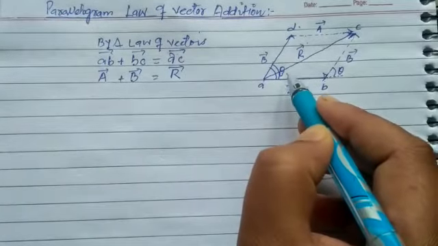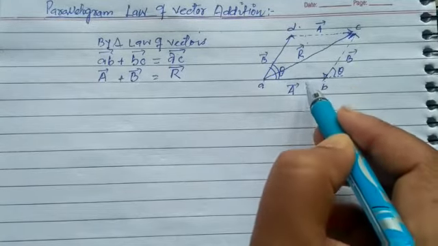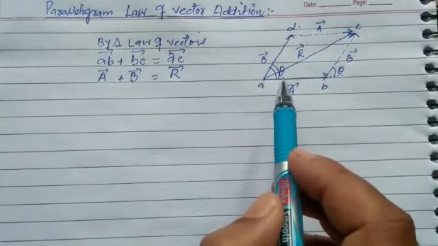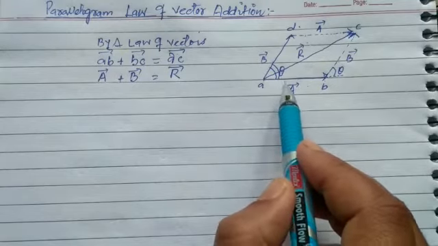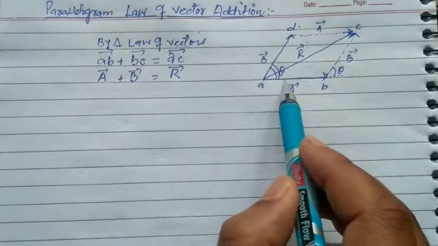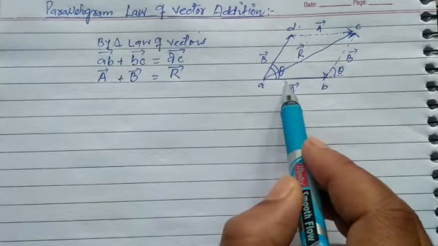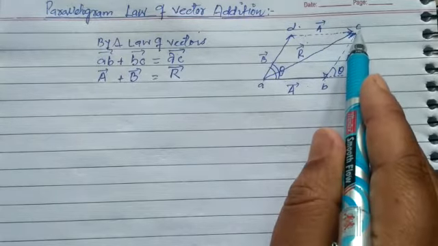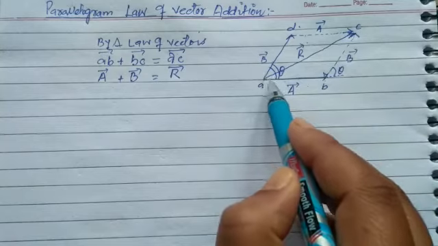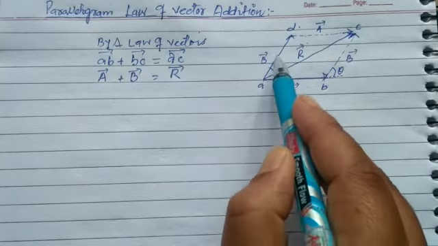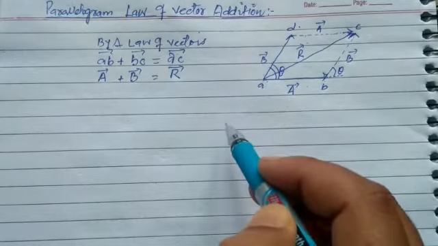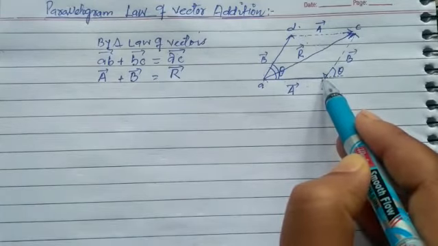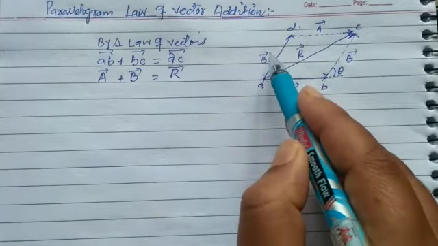Why have I chosen it like that? Because AC has the opposite order to that of vector A and vector B. Once again, according to the parallelogram law of vectors, if two vectors are represented by two adjacent sides of a parallelogram in magnitude as well as direction, then their resultant is given by that very diagonal of the parallelogram whose tail coincides with the tail of the two. This is the tail of one vector, this is the tail of another vector, and this is the tail of the resultant diagonal. There was also this other diagonal, but its tail doesn't coincide with the tail of the two, as I have chosen this and this.